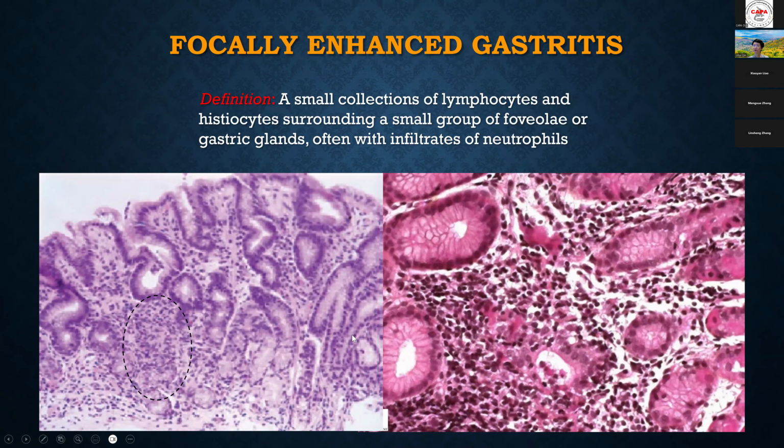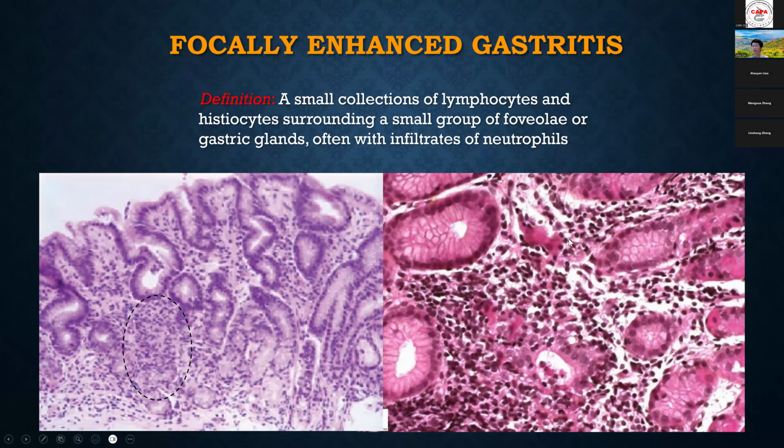And focally enhanced gastritis. This terminology, not everybody will accept. What that means is, when you do an upper GI biopsy, a gastric biopsy, most of the biopsy looks okay or only mildly inflamed, but you do see some areas that are very severely inflamed. On high power, you can see a dense lymphoplasmacytic infiltration, and there is crypt damage, but it's only focal. You may see just one or two foci in one biopsy. So some people use this term focal enhanced gastritis.